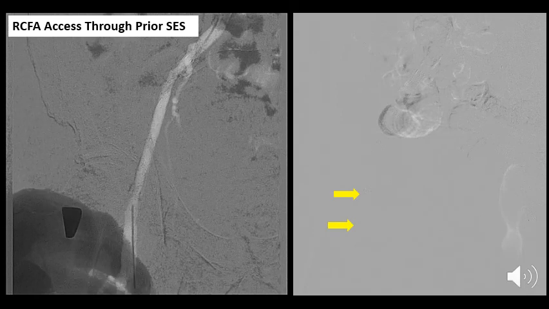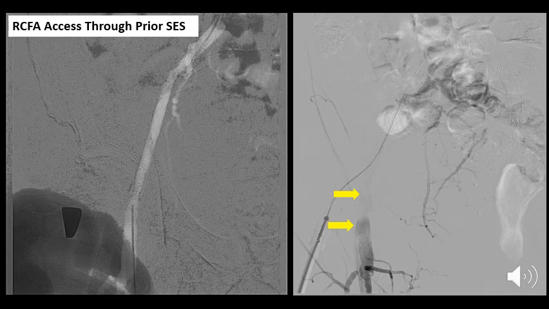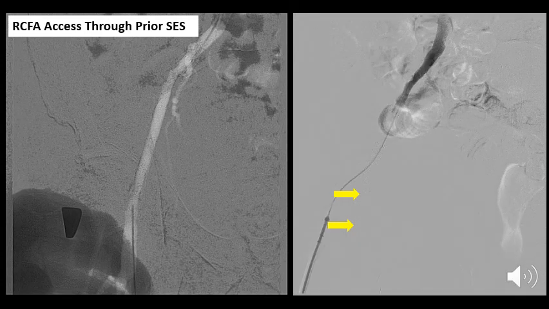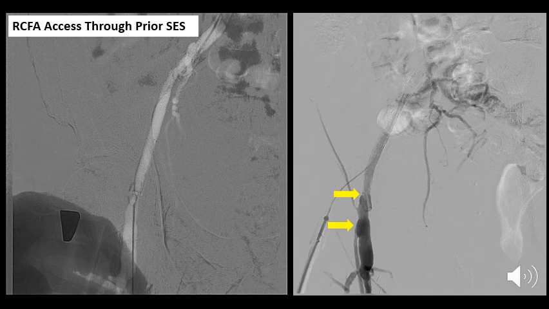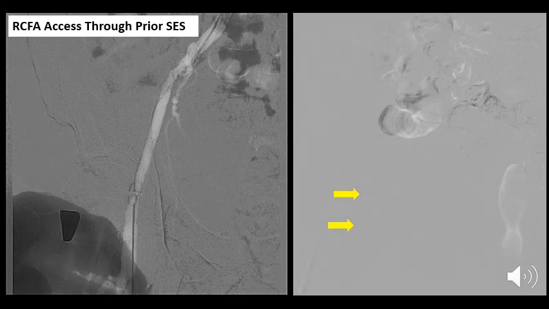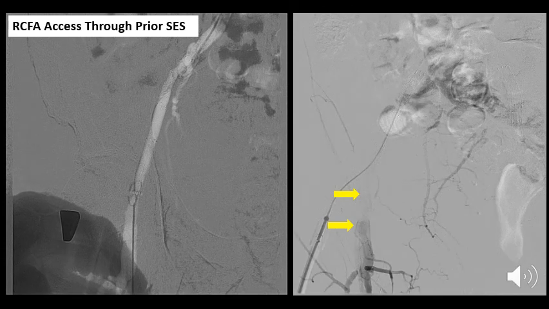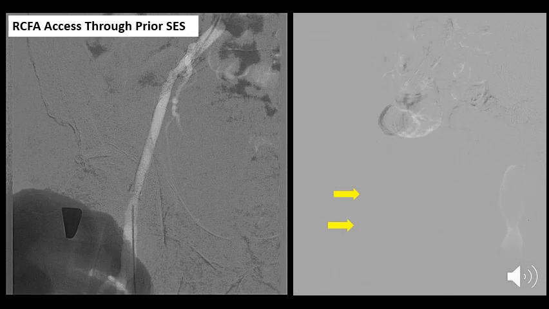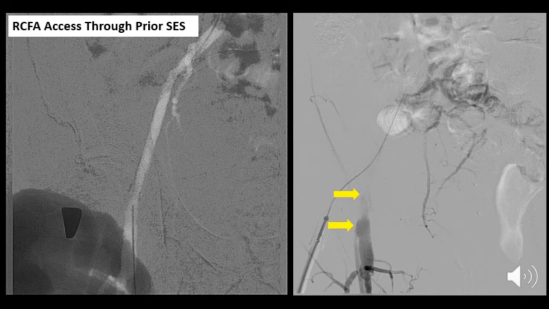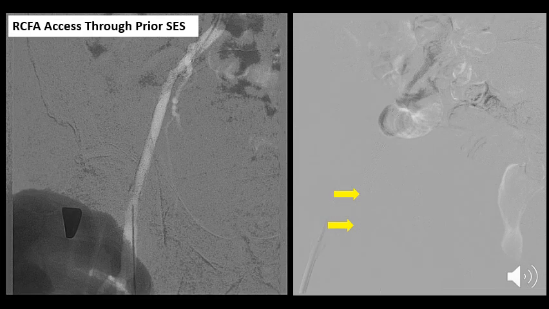The patient was brought back for his coronary PCI with Impella support, and the Impella support was planned from the left common femoral artery. Prior to that, access to the right common femoral artery was obtained. As you can see on the screen in the right panel, the takeoff of the right fem to AT graft is seen, and the distal edge of the stent on the right side external iliac is also shown by the yellow arrows,